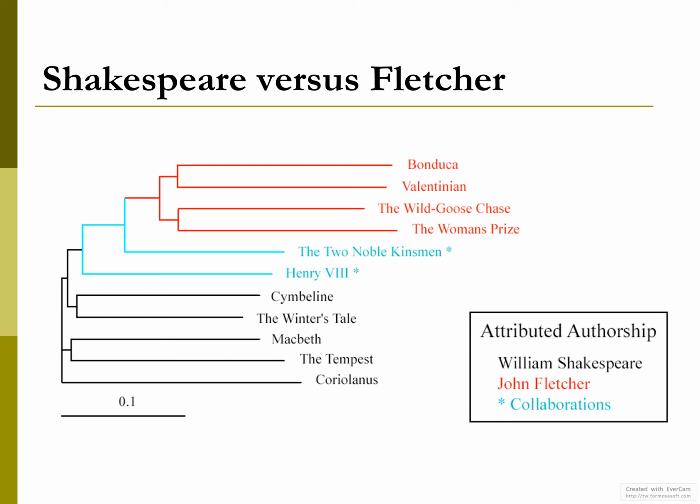For example, Shakespeare and Fletcher wrote the Two Noble Kinsmen and also Henry VIII together. And we know that Henry VIII was more influenced by Shakespeare, and the Two Noble Kinsmen had more influence from Fletcher. So in this case, we compare the